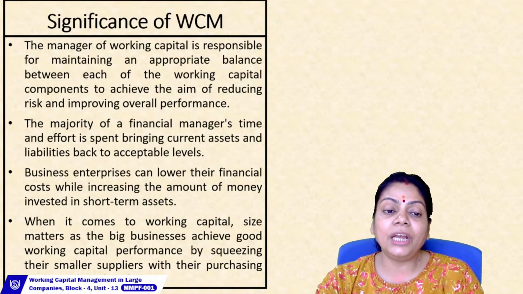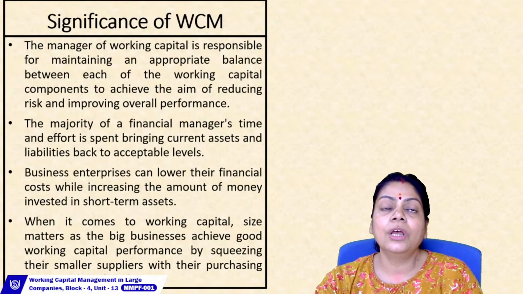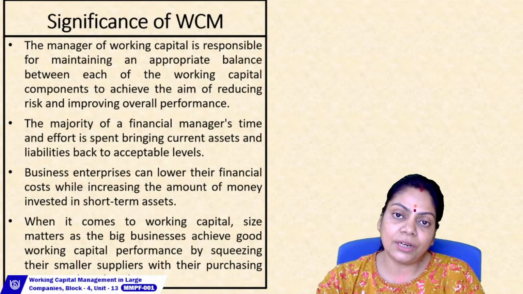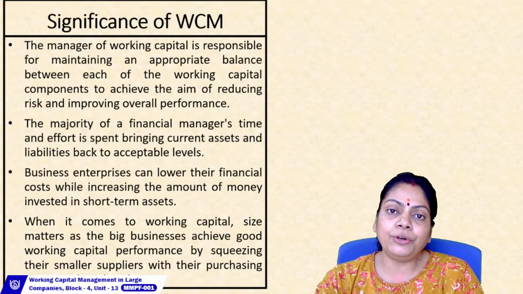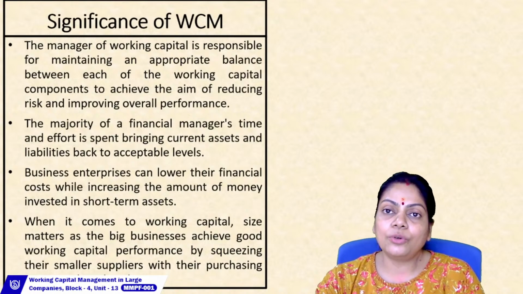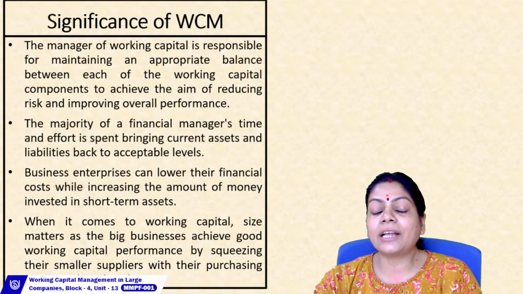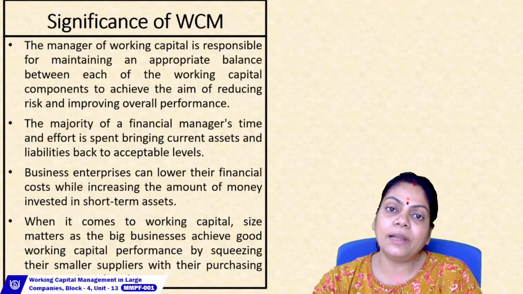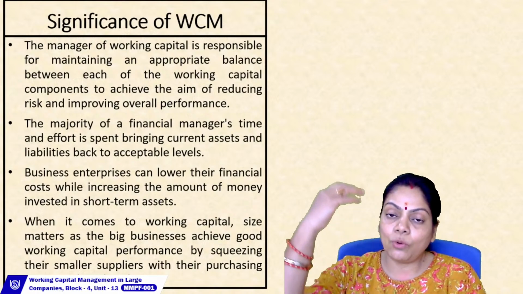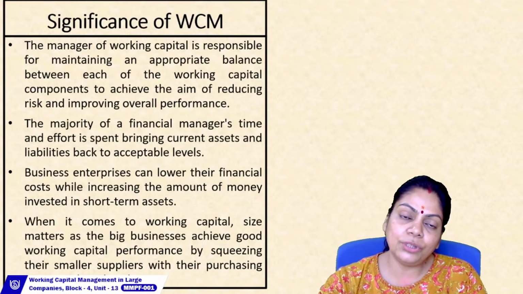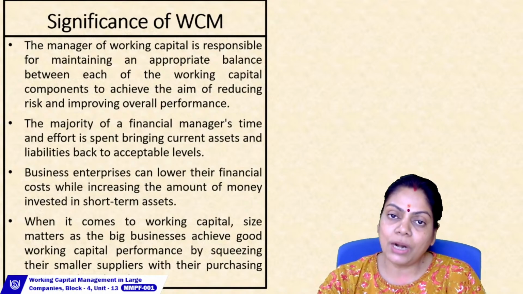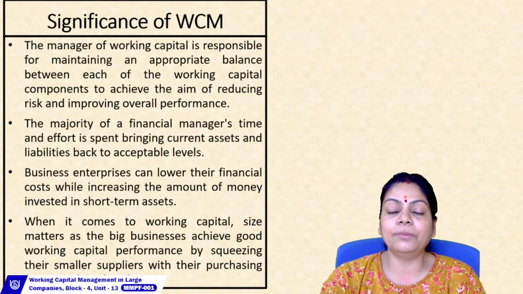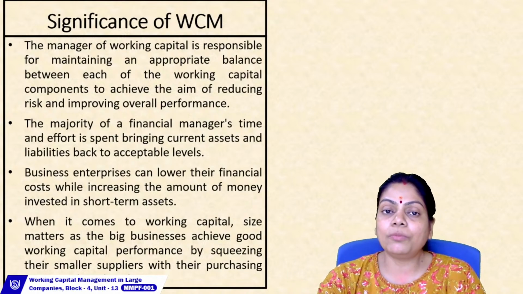Another thing is bringing it to the acceptable level in the other direction. Suppose you have a daily requirement of cash of, let's say, 50,000 rupees, whereas you are maintaining only 30,000 rupees. So you frequently run into problems while paying bills. Realizing that, the working capital manager will find out what the daily cash requirement should be, and bring that to the acceptable level of 50,000. So whenever there is over-stocking, you bring it to the required level, and when there is under-stocking, that also you bring to the acceptable level. That is the main job of the working capital manager.